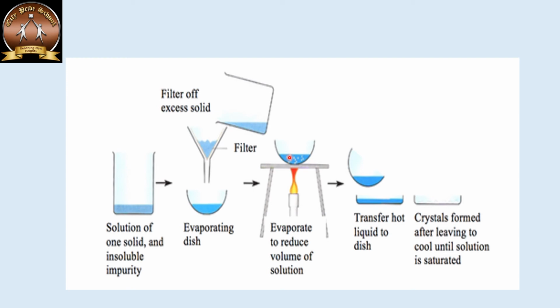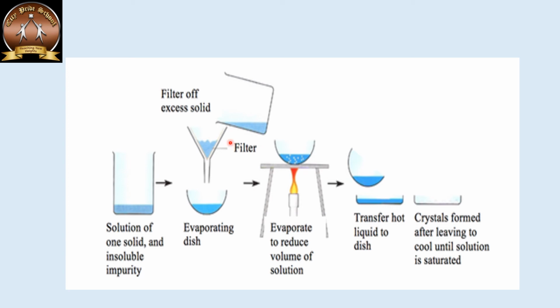So after checking out that crystallization point, we keep this evaporating dish in a container containing water at room temperature. Because of this, natural cooling is done. As the process is occurring under natural cooling, we are not adding any kind of ice to cool it down. Natural cooling leads to the perfect crystallization of the crystals that we are looking for.